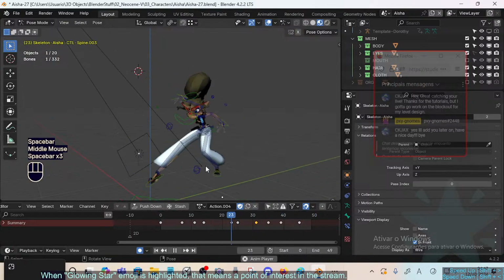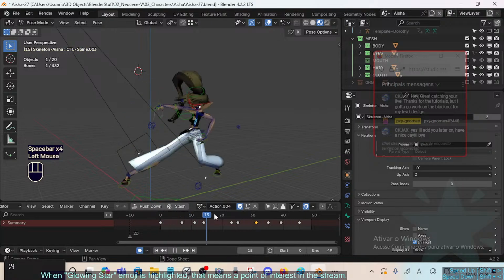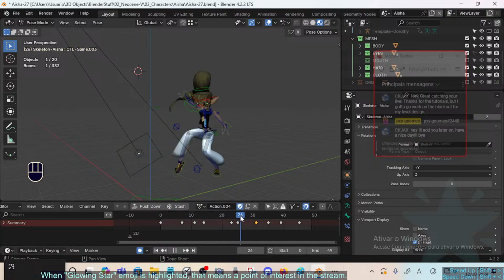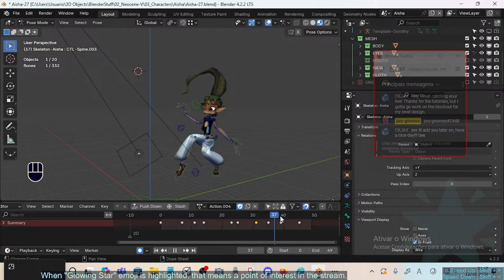So I'm not gonna render this, it's just to see if it stopped there somewhere, this will be perfect, but if